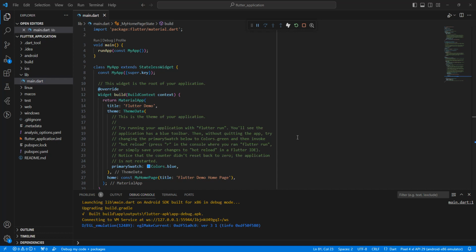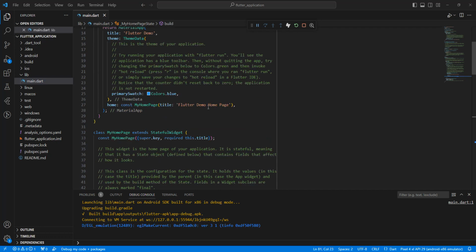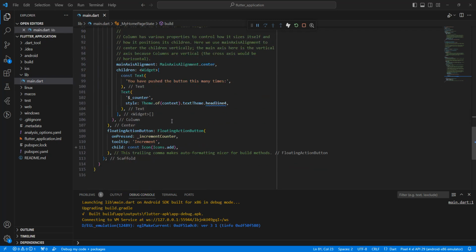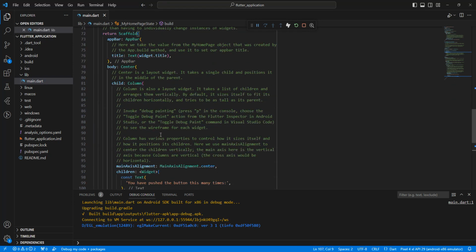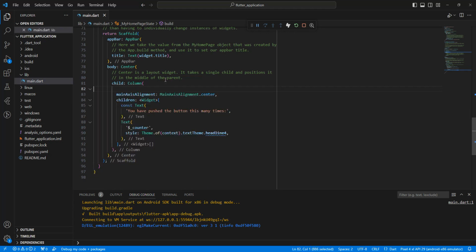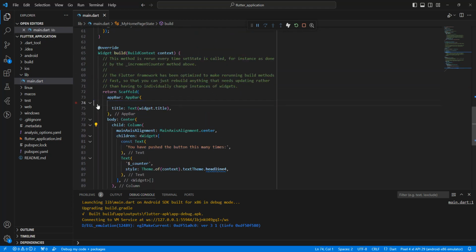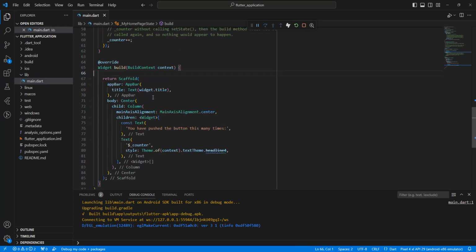In this video we speak about tab bar. Now we update the default project, remove the floating action button, remove comments,